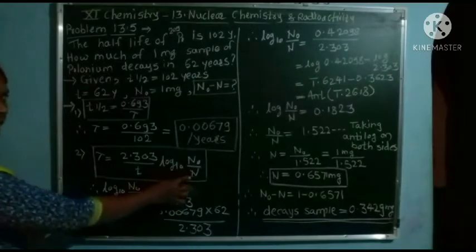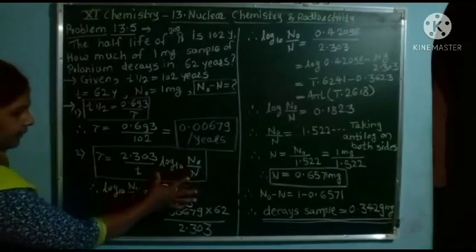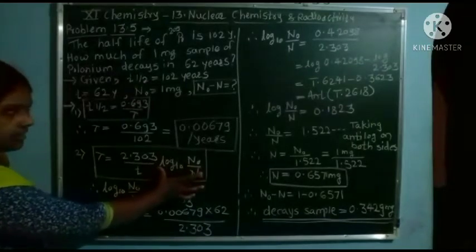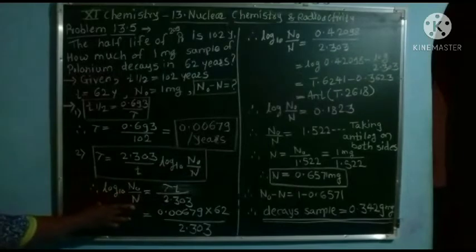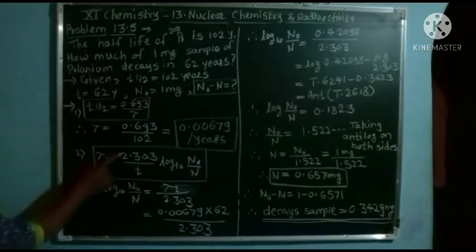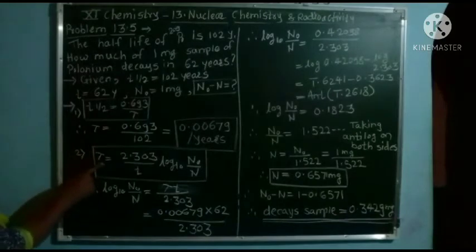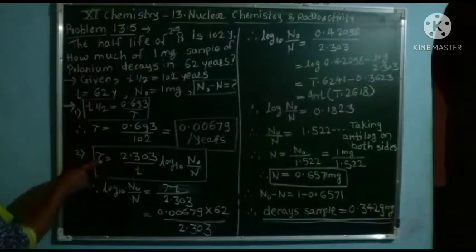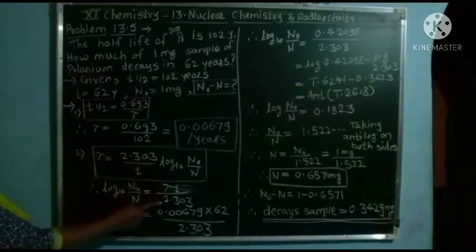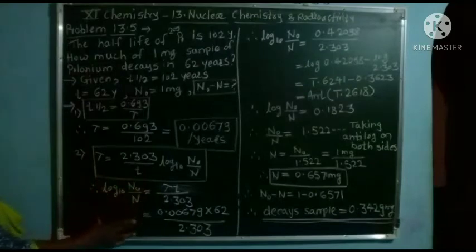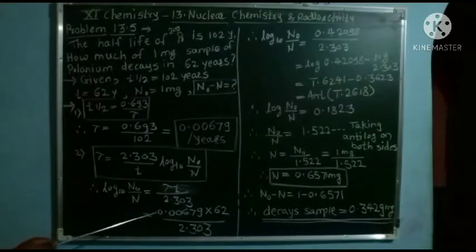Now we have to find the value of n. Therefore, first we will solve the log term only. Keep the log term on the LHS as it is, and first we will do the numerical calculation, that is lambda. T is in the denominator. When it comes to the LHS, it will be multiplied, and 2.303 will be divided. So keep the log term as it is. First calculate the numerical part.